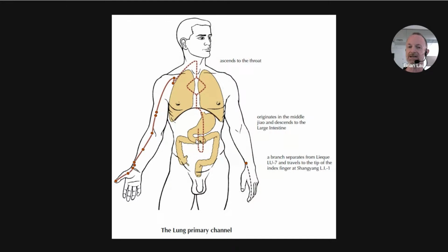So structures match. It matches the description of the internal pathway, but reminding ourselves again that the greater omentum has an immune function, that it has lymphoid cells in there, cells that migrate and take care of pathogens, also links with the actual function of the lungs because they do have a lot to do with Wei Qi. Wei Qi in the surface of the body, well, this is at the surface of the internal abdominal cavity, but still taking some account of the immune response or the Wei Qi response. So function and form both match. I think it's a really good model for understanding the internal anatomy of that internal portion of the lung channel.